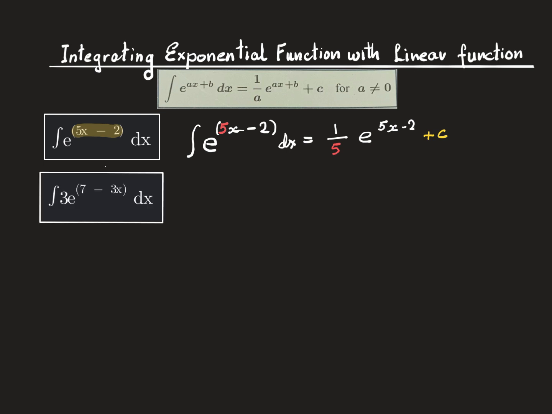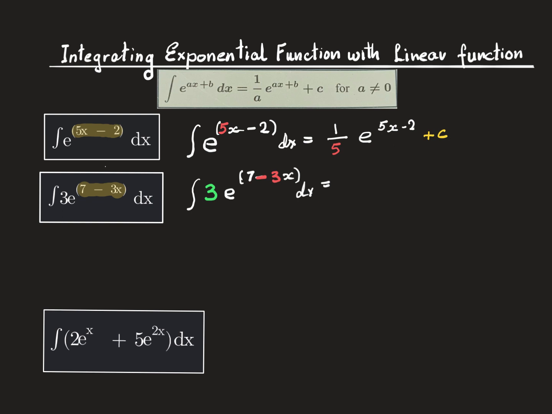Okay, so in the second example, if we have a look again at that linear function, we notice that the position of the x value is not in the first term, but in the second term, and that's mainly because it has a negative sign in front of it. And because we're interested in the coefficient of x, we'll say that the a value is -3. In rewriting this function, I'm also trying to show you that that constant 3 does not take place in the integration, so I can leave it outside the integrating symbol and just rewrite